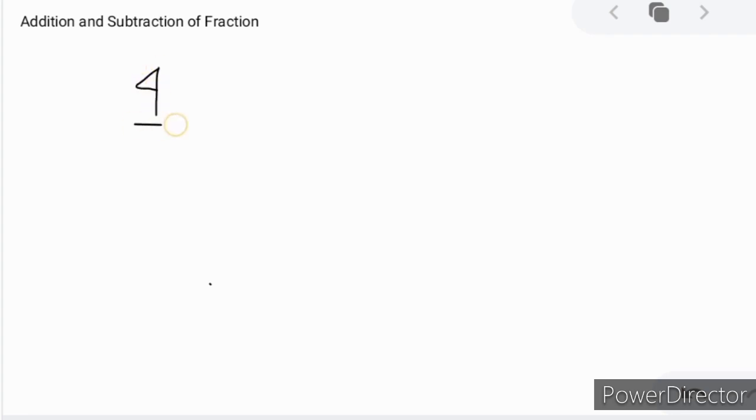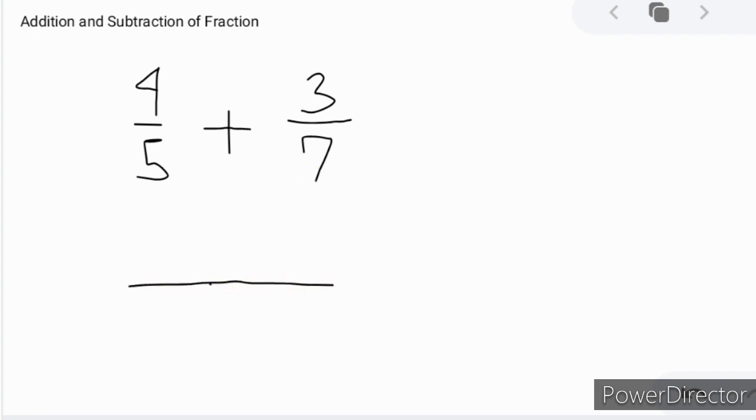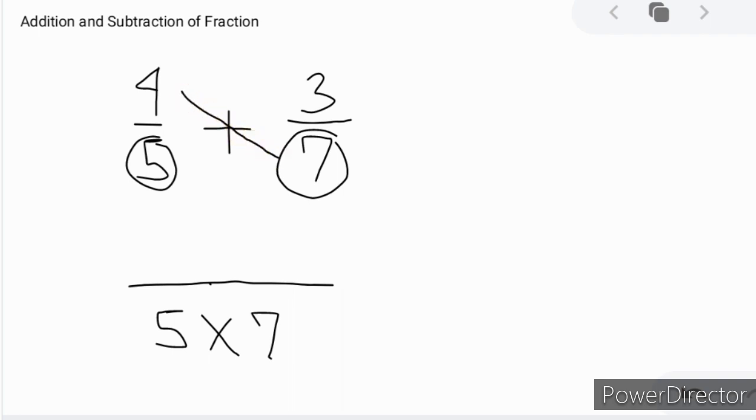So, in the first example, we have 4 over 5 plus 3 over 7. The first thing we need to do is to know if the denominators are the same, but they are not. So all we need to do now is to get the denominator by simply multiplying 5 and 7. And to get the value of the numerator, we cross multiply. So 4 times 7 is equal to